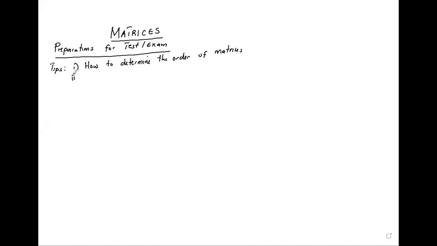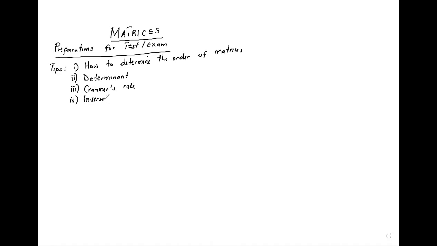And then two, determinant. And then three, Cramer's rule. And then four, inverse method. When you're done,